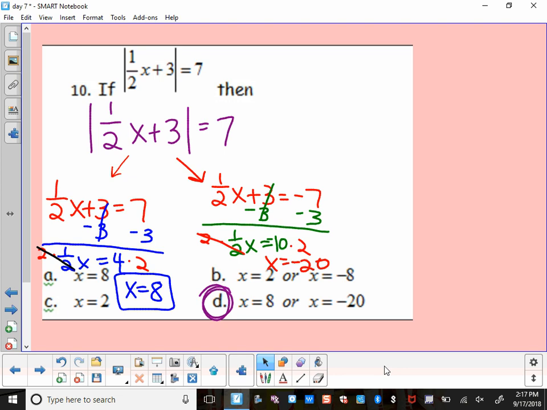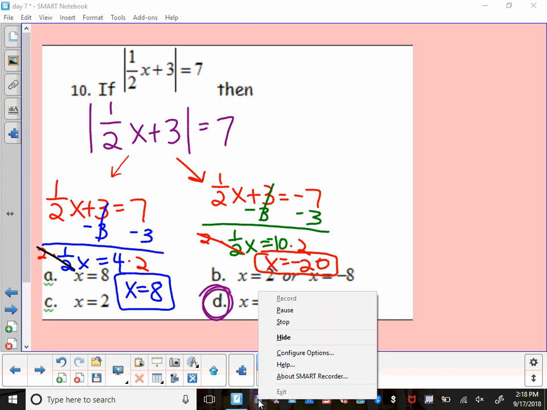A only has one answer, and we have 2. Now, if I were to check this, Carrie, and negative 20 didn't work, then I would just select A. But in this case, they both work, so they're both solutions. Is that the lesson? That's the lesson. Okay. All right, so